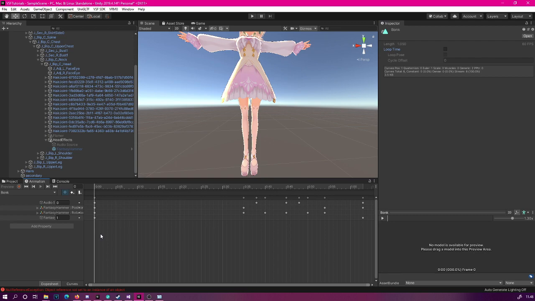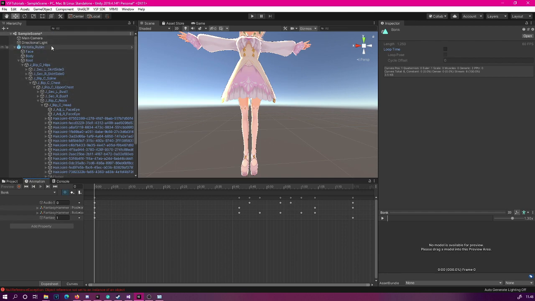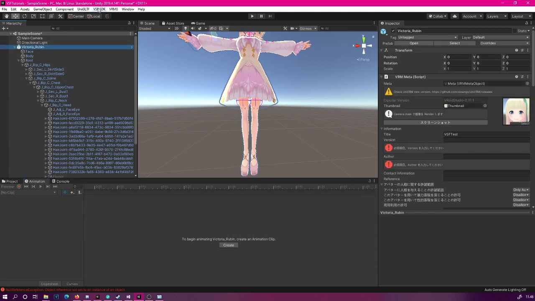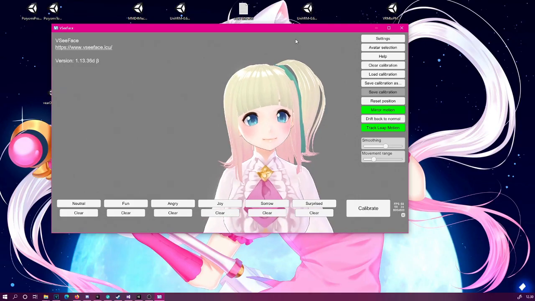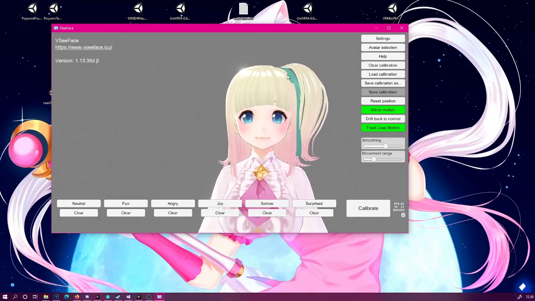Now what we could do here is double click the animation, and now you will see all the keyframes that have been saved. So what we can do now is select them all by clicking Ctrl+A, and then we can simply drag this ahead like so to scale this animation up a little bit. Okay, and now that we are done, let's finally export the model and try it again in VSeeFace. Okay, and now if everything works correctly, we should be able to use the animation.